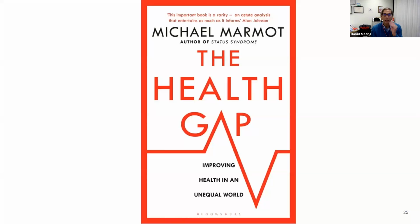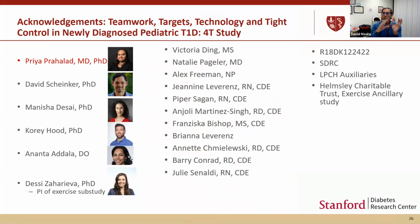this book a couple years ago, and if people haven't read it, it's really a wonderful overview of health disparities and trying to improve health in an unequal world, which is the subtitle of it. So I'm going to move on to the next part of the talk, which is going to feature a little